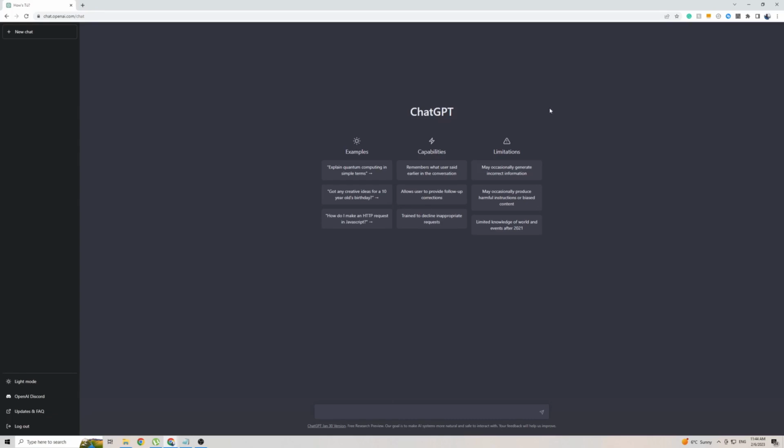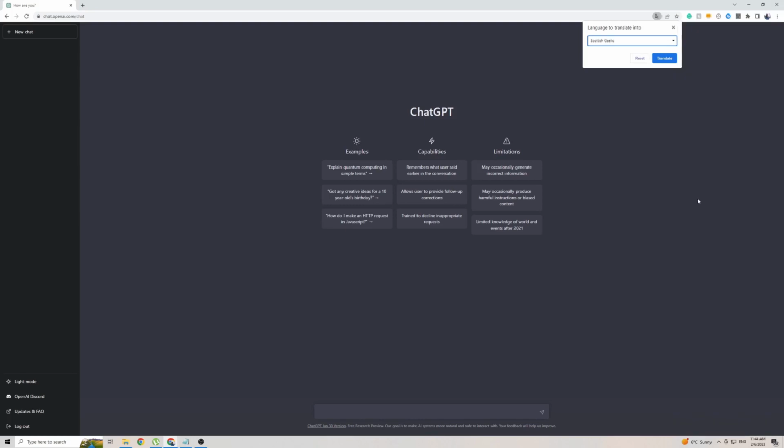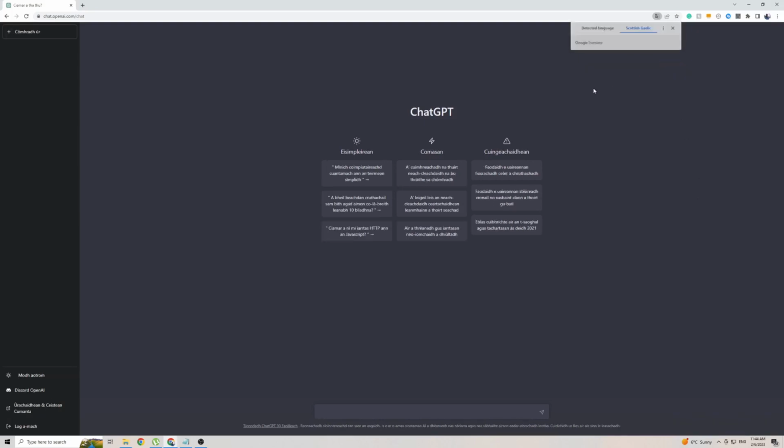So once you're on ChatGPT on Google Chrome, right click anywhere on the screen, then click on Translate To. So in my case, it's English, so towards Scottish Gaelic, click on the three dots, then click on Choose a Language, and then click on the little arrow here. And from this massive list of languages, scroll down until you find Scottish Gaelic, which is right there. Then click on Translate, and as you can see, within just a few seconds, ChatGPT is already translated in the